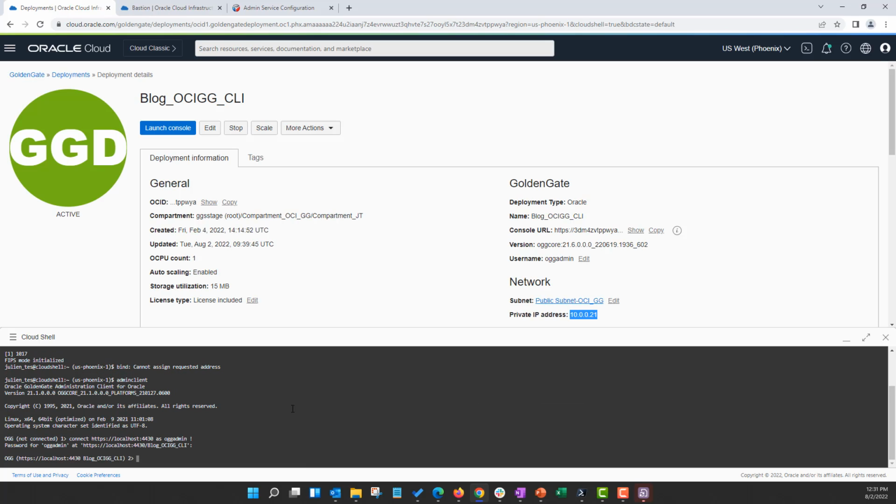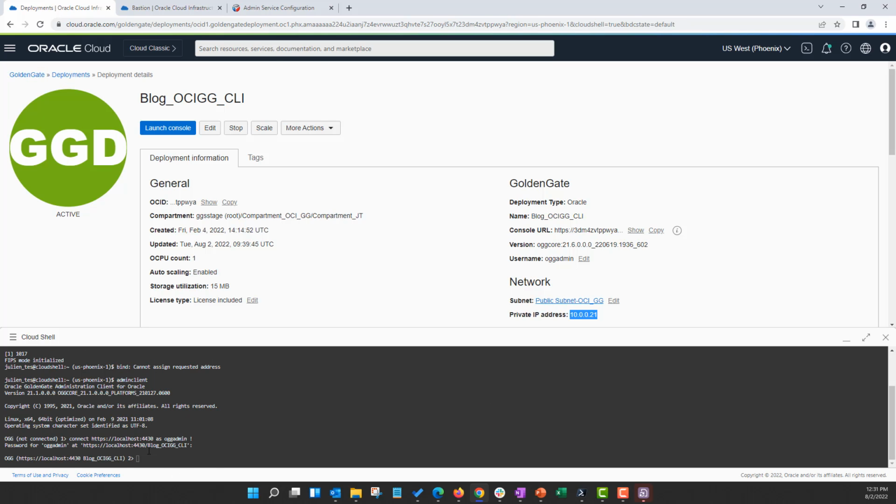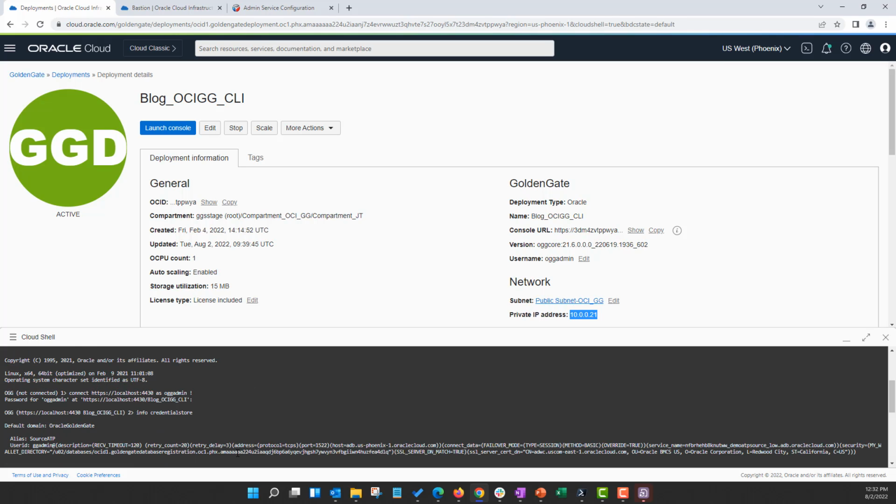So now we are back in Admin Client in Cloud Shell. By the way, you can also maximize Cloud Shell. You can just maximize it here, and then you can just run the commands. In this case, I'm okay with just having it at the bottom. I'm going to run info credential store, and this is providing a list of all the credentials